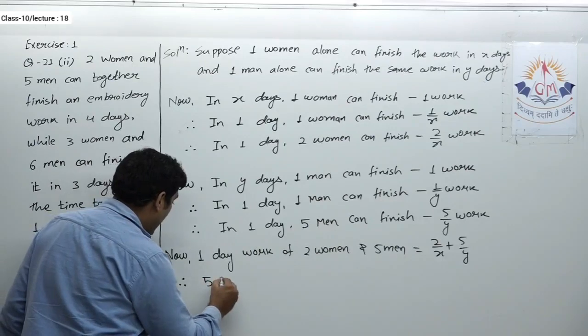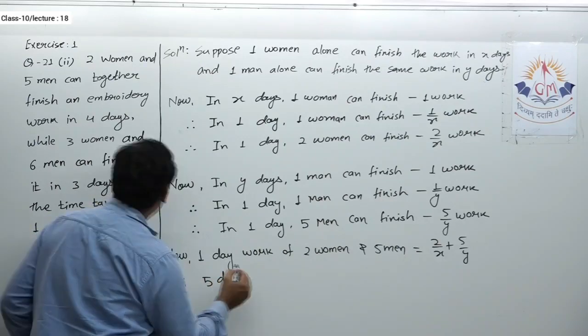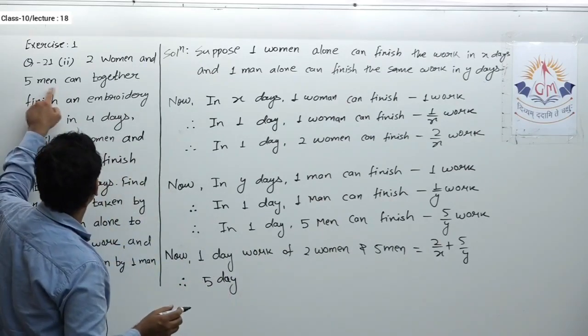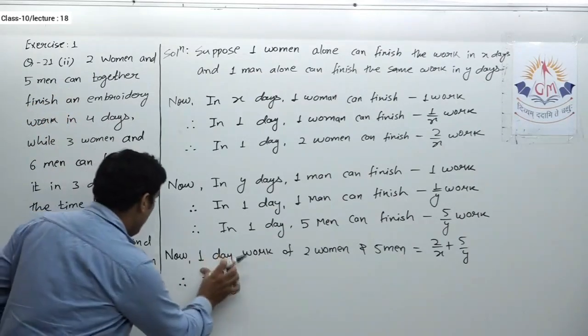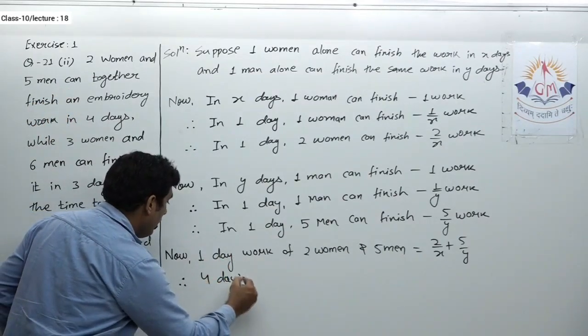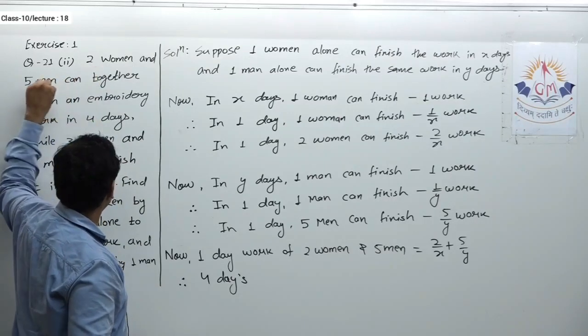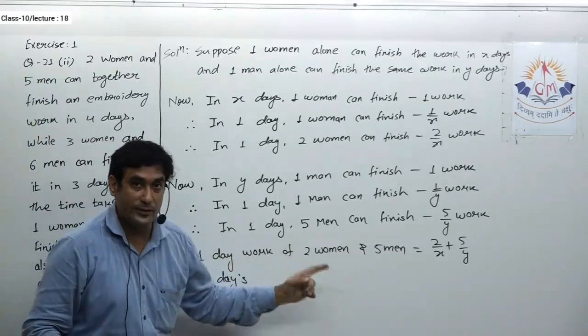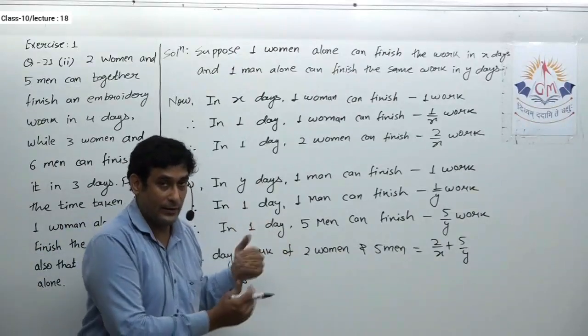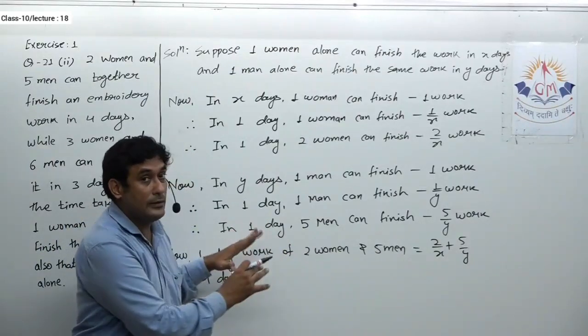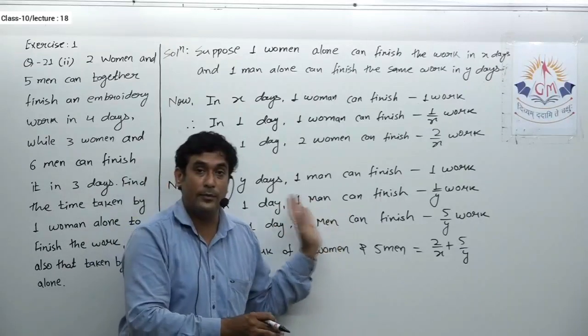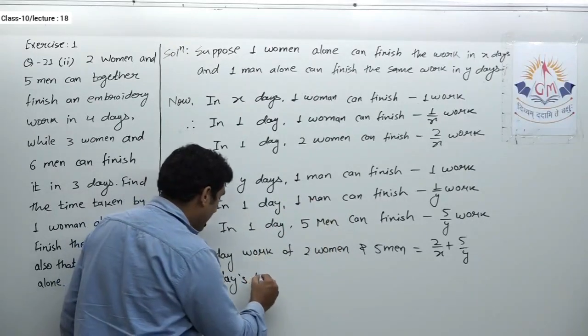Therefore, 5 days work. Now why am I taking 5? Because 4 days work. Why so? Because in 4 days 2 women and 5 men together finish the complete work. So first let us find that according to us in 5 days how much work they are able to do. So in 5 days